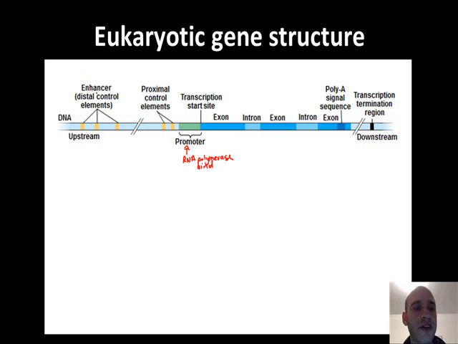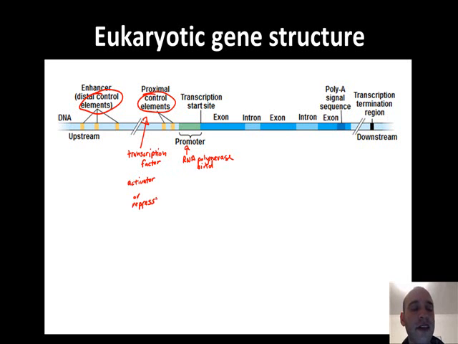Now, if you notice here too, you have these control elements that are sitting near the promoter. We'll look at this in some detail, but these control elements are where you're going to have transcription factors bind, and that's going to become important. So you're going to have these different transcription factors, and they can either be activators or repressors,